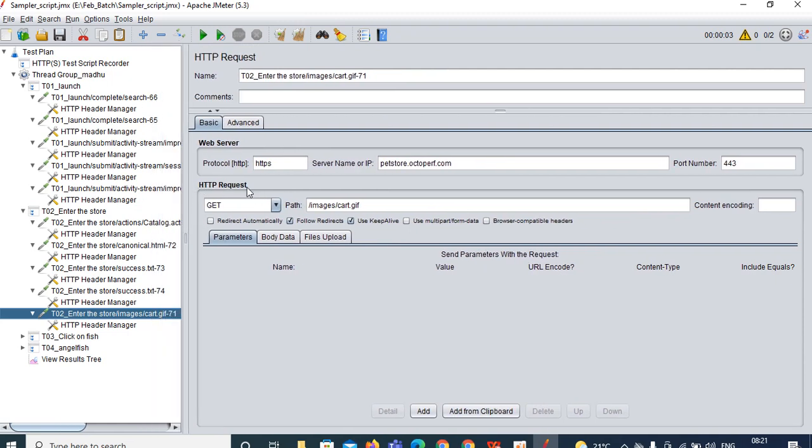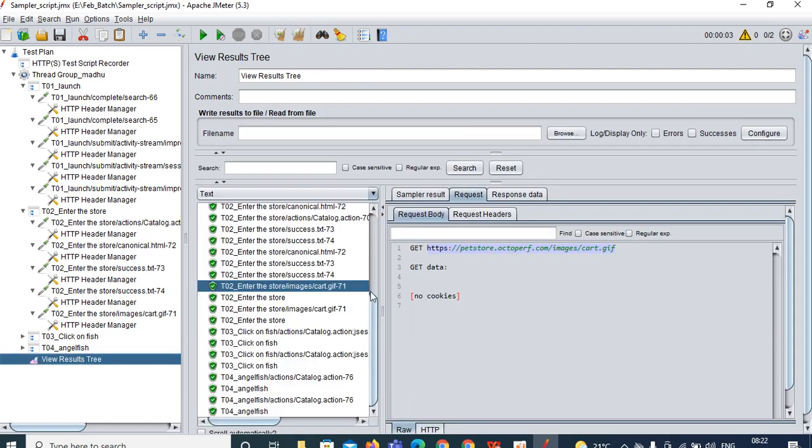Get method. What is the URL? Petstore.octopuff.com and slash image slash cart.gif. The same thing you can see here. This is your path, and this is your server name, petstore.octopuff.com. That is your server name.